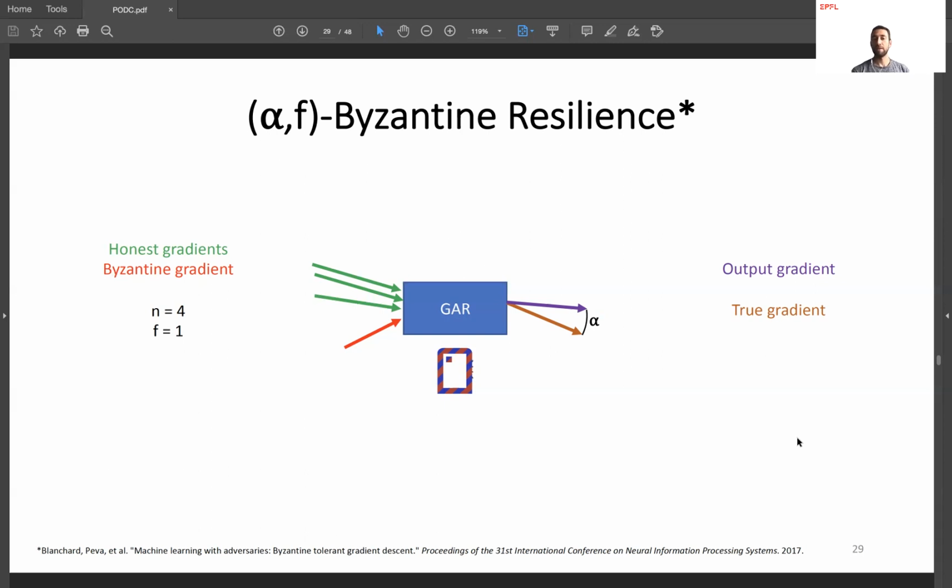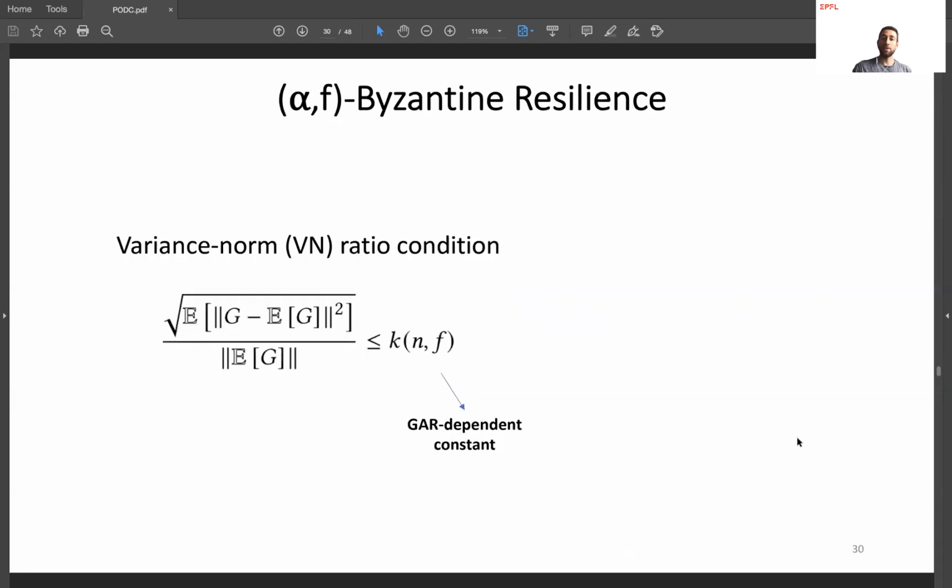So we see intuitively that the smaller alpha is, the stronger the resilience, because it means that the output gradient and the true gradient are very close in direction, and the output gradient is kind of converging to the true gradient. Now, in the next slide, I present to you the variance to norm ratio condition, which is basically